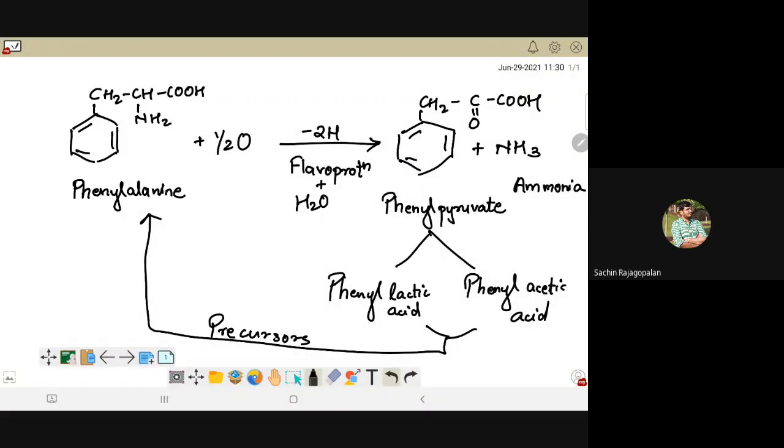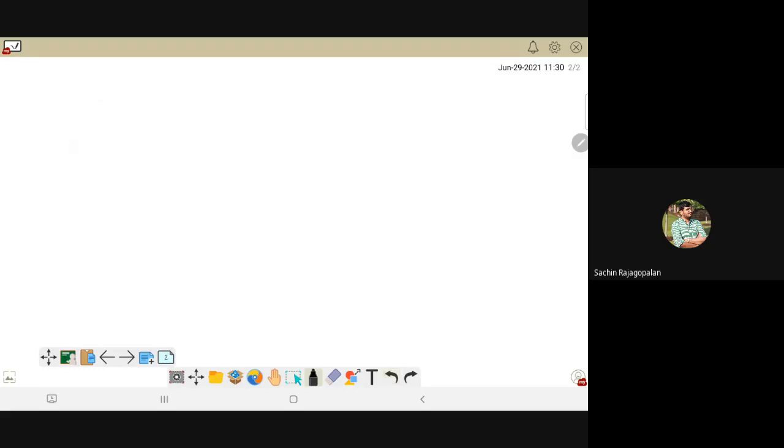Now, phenyl pyruvate is something that we want to detect in this test. So for that, as sir clearly said, you use an acidic 10% FeCl3 solution as your detection reagent. And let me tell you that the basis of this particular interaction, wherein FeCl3 reagent interacts with phenyl pyruvic acid, actually has a basis to it as to how it takes place.